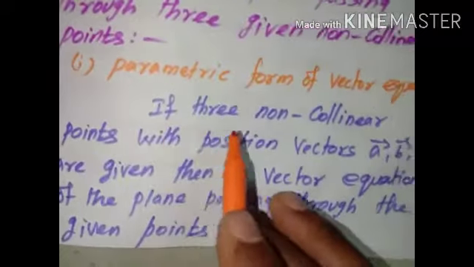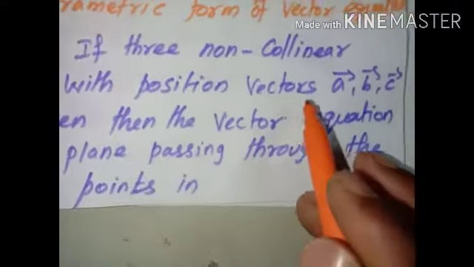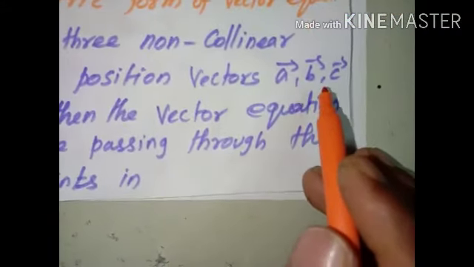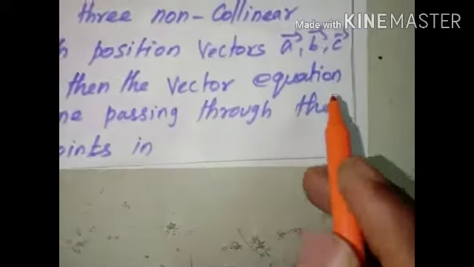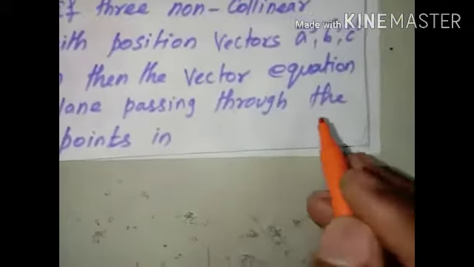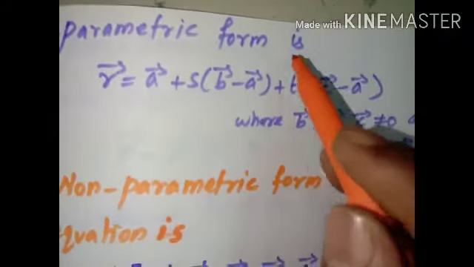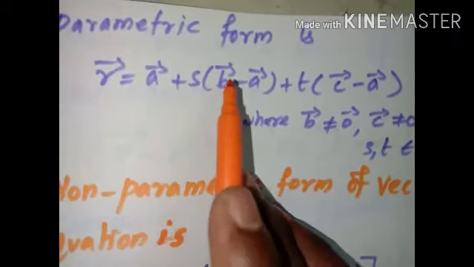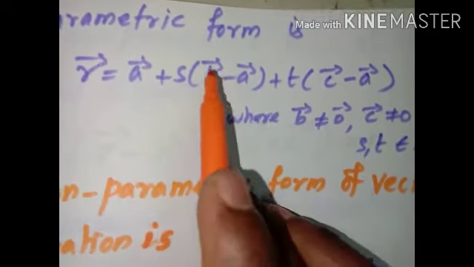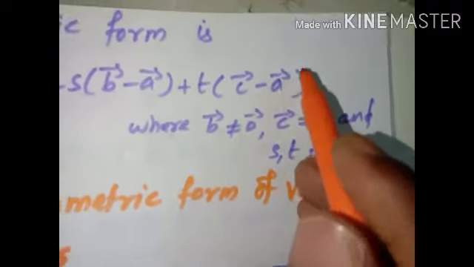Definition: if three non-collinear points with position vectors a vector, b vector and c vector are given, then the vector equation of the plane passing through the given points in parametric form is r vector equal to a vector plus s into (b vector minus a vector) plus t into (c vector minus a vector),